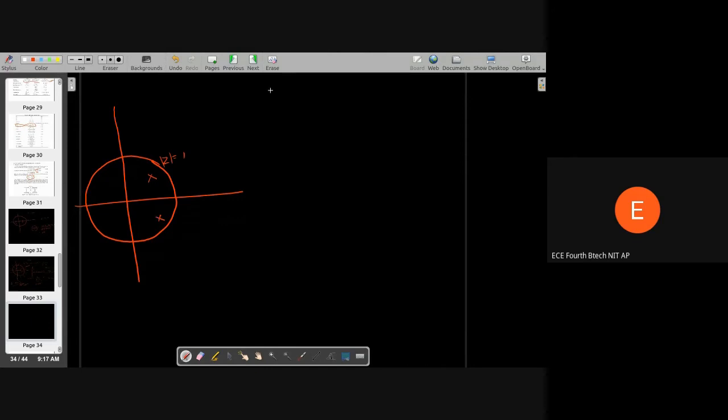If you have a complex pole or zero, then it will always be in pairs. It will also have a complex conjugate. It is mandatory. Why? Because you see, H(z) equal to